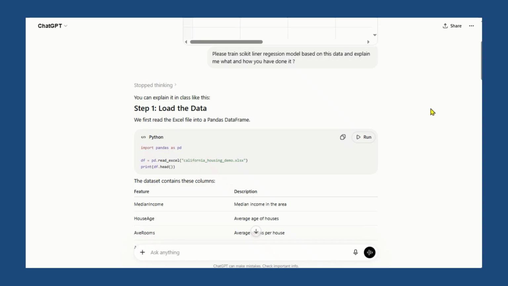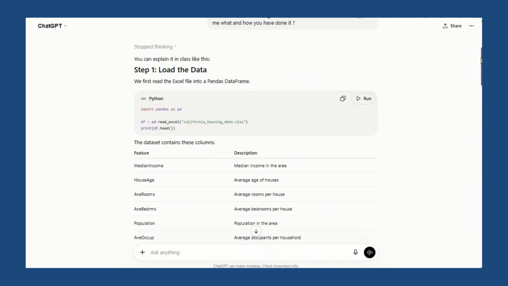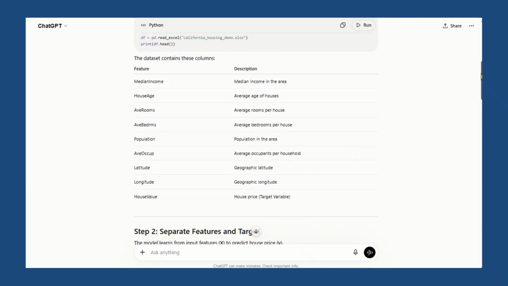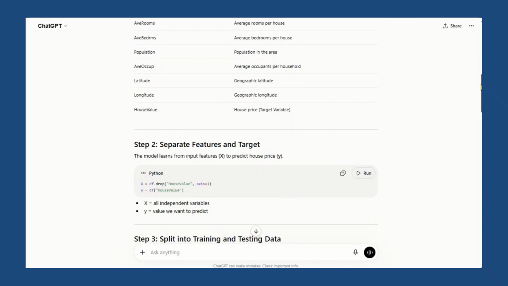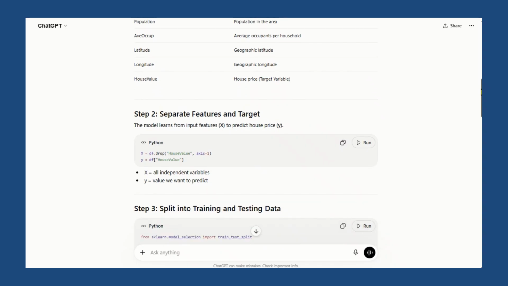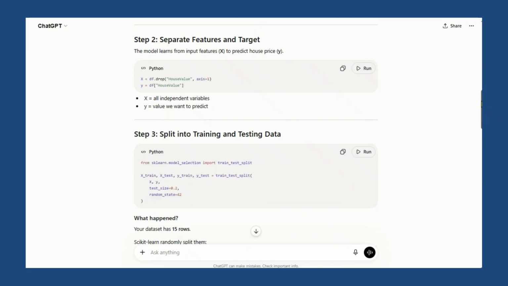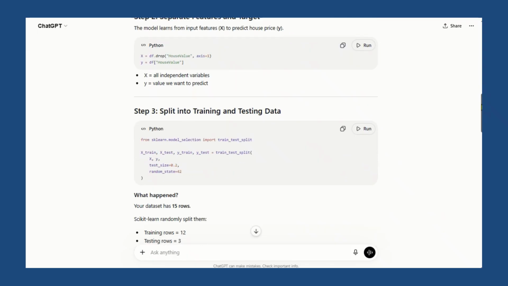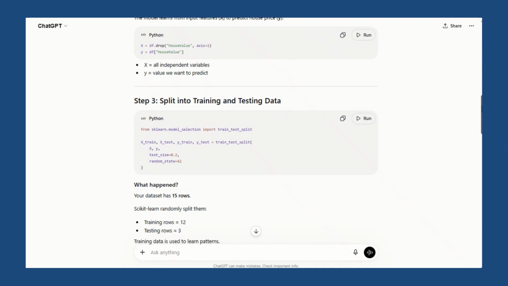It is going to use pandas and load the data you have provided in the Excel sheet, and the Excel sheet has the features and the description. Then it is going to separate features and the target. My features are a combination of the data, and based on that I want to predict my target, which here is the house value. Now it's going to split into training and testing data. You remember we talked about the 80-20 rule. So 80% of the data will be used for training, 20% will be used for validation or testing